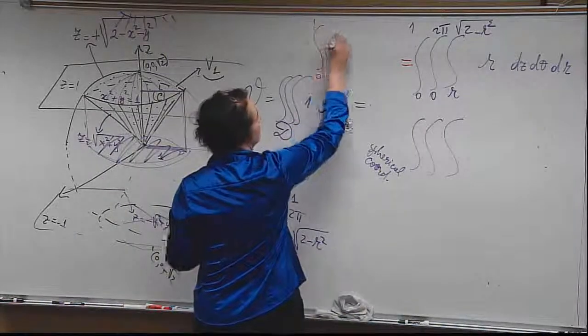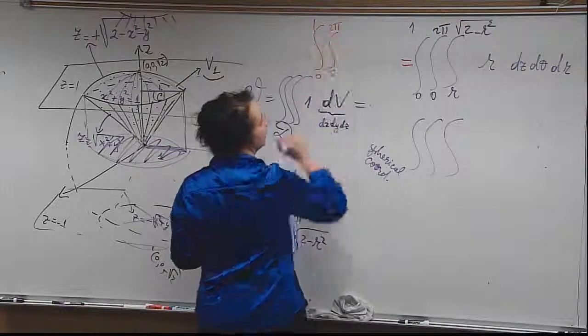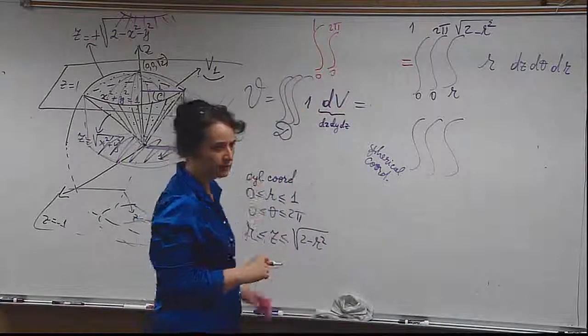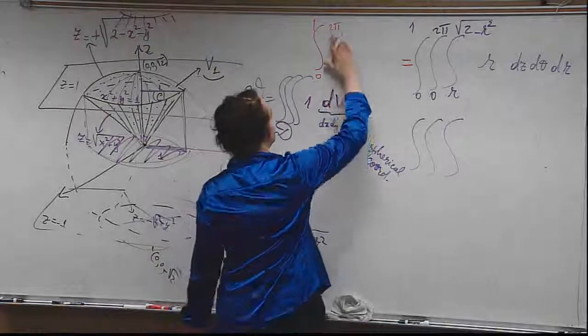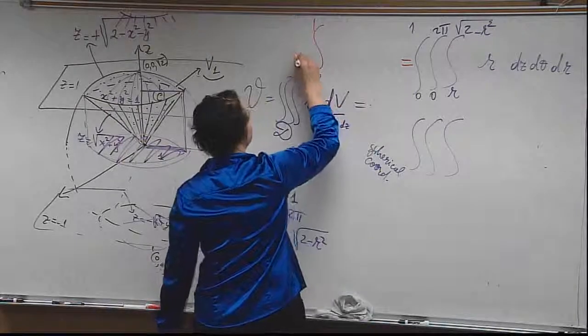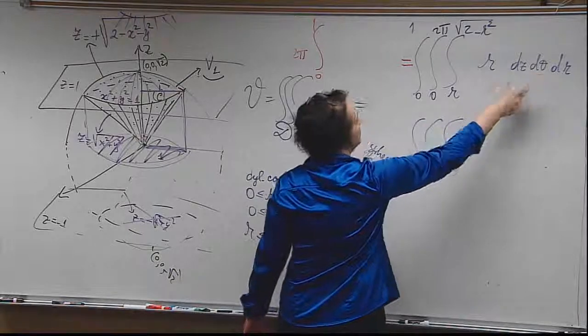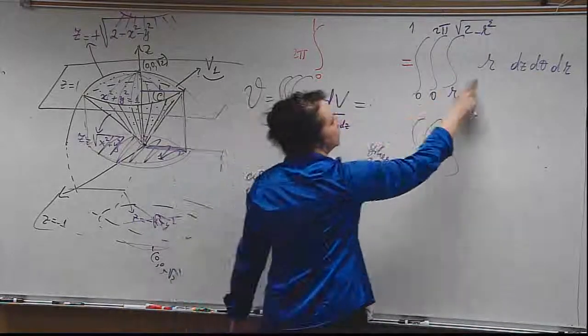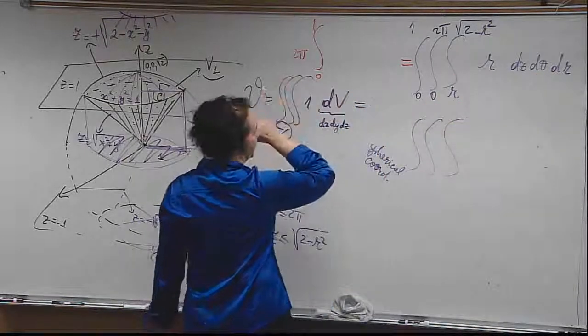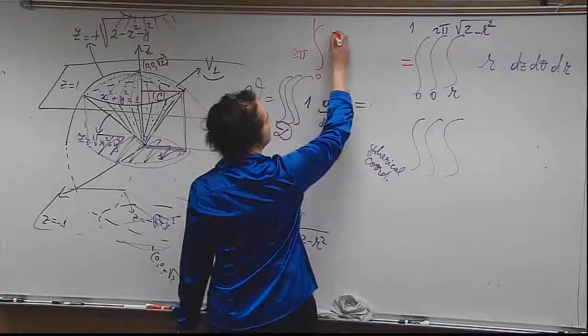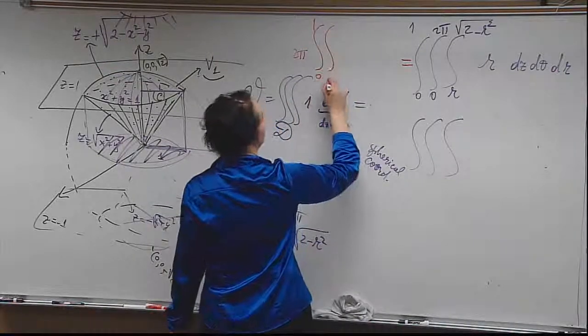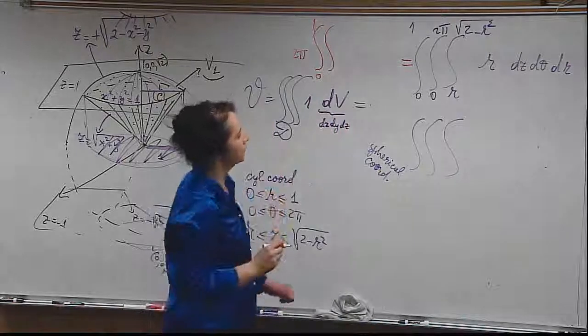From 0 to 1, from 0 to 2 pi, forget the pi. Take the 2 pi out to make your life easier, because there is no theta inside. So take the 2 pi out, and then you have the integral from 0 to 1, integral from,